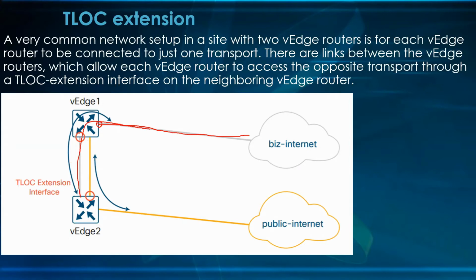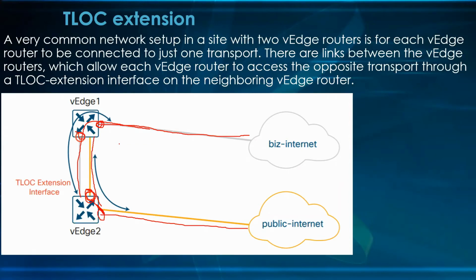So I tell this router to extend this interface, which is terminated with the ISP. Similarly, this one is terminated here physically, and the other one I'm doing a TLOC extension from here to here. I'm telling it which one it needs to extend, so the back-to-back connection extends this one. I don't need to run any routing protocol. I just need to tell this interface that it is supposed to extend this ISP to this one. That's it.